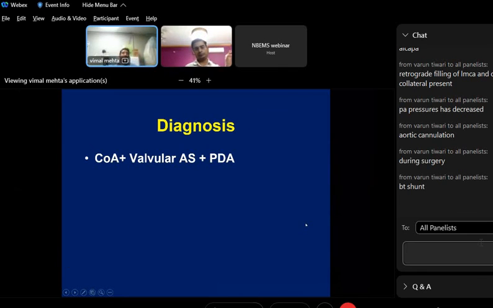So this is the case where you have coarctation, you have valvular aortic stenosis, and a patent ductus arteriosus. So it is like this. So with that, we have lots of other spotters which will be considered later on. My request to our students is that